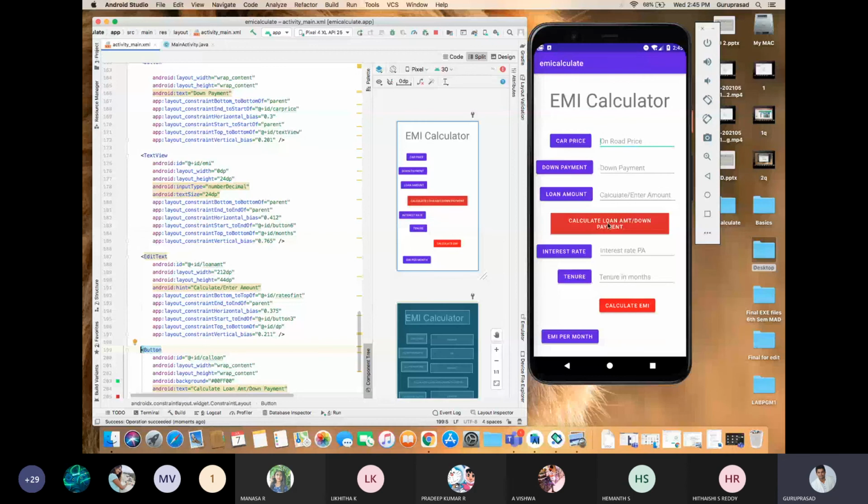If I press calculate, it says please enter a valid on-road price.